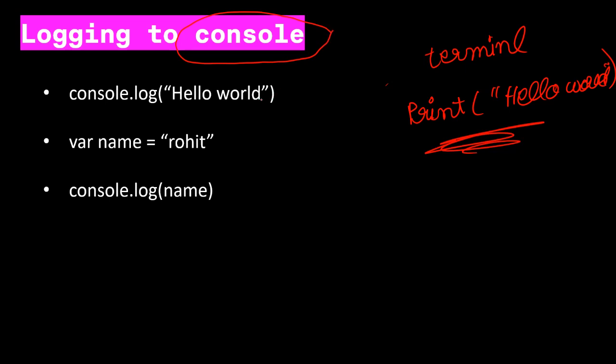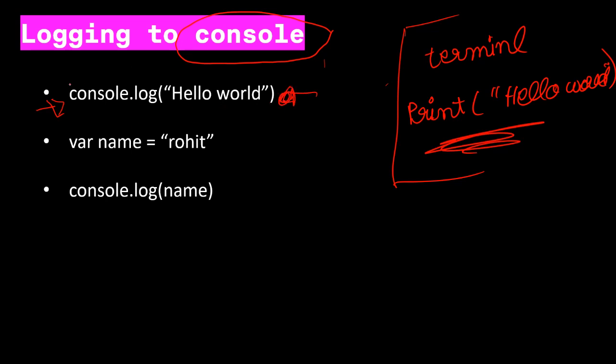Okay, so using this console, we log something to the console. We basically print something to the console, just like how we print something to the terminal in Python. We console log something to the console in JavaScript. In JavaScript we call it a console. In Python we call it a terminal. So if I want to print something in JavaScript, I say I want to console log this to my